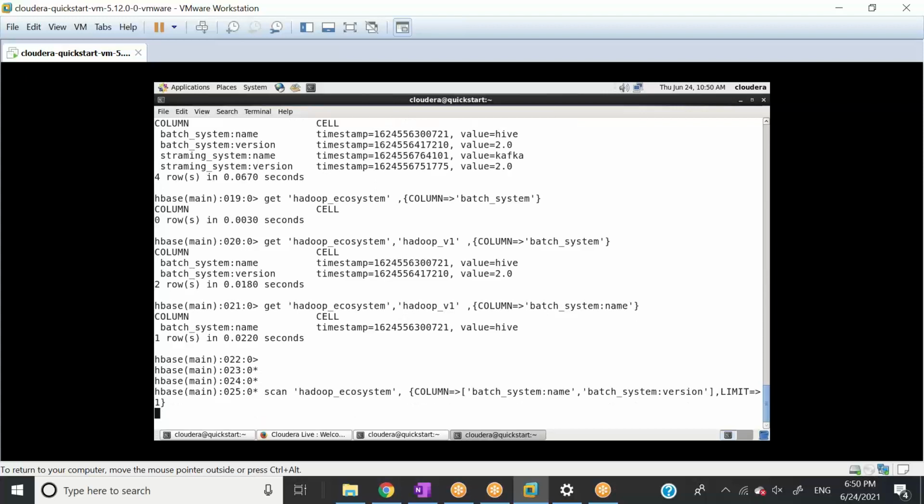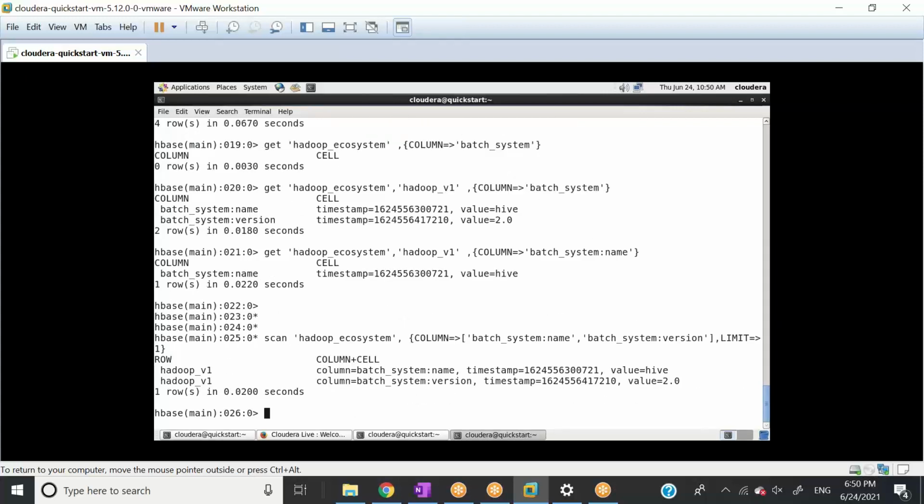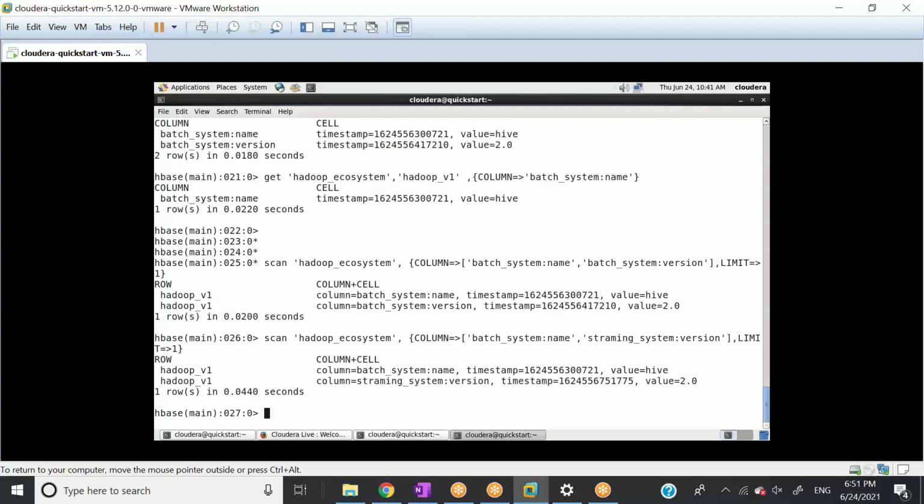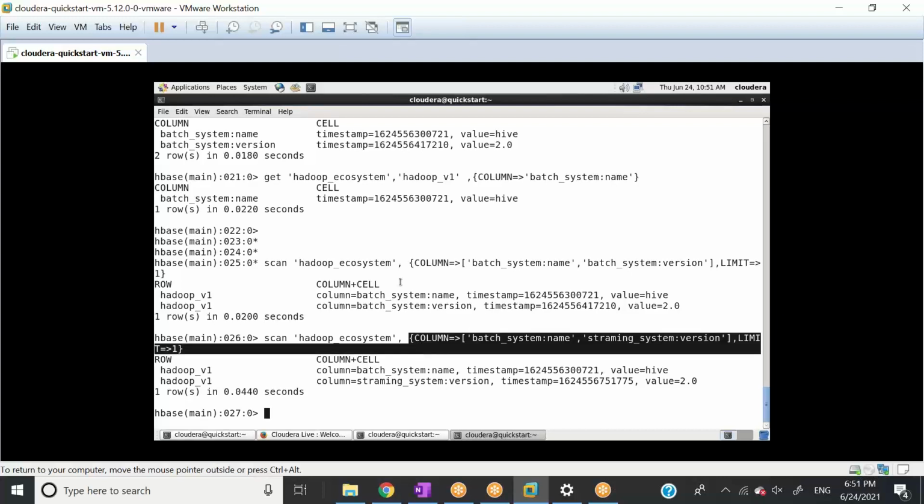And the limit clause will work the same way. So see, it will work, right? So from the Hadoop ecosystem, now let me try one more thing. If I say here strumming, will it work? Yeah, it worked. Okay, so if you want to select different columns, and if you want to scan the full table, but you need to select only limited columns, then you can use this command, scan table name and then column, right?